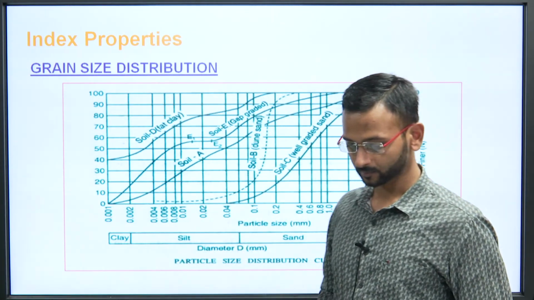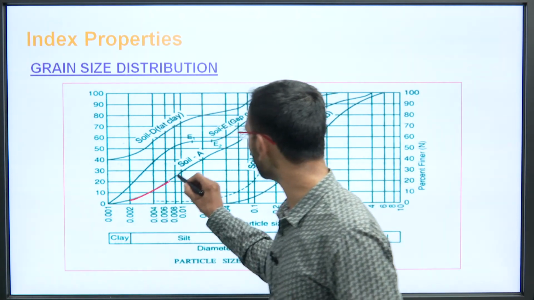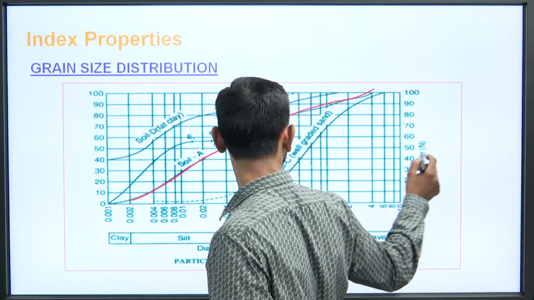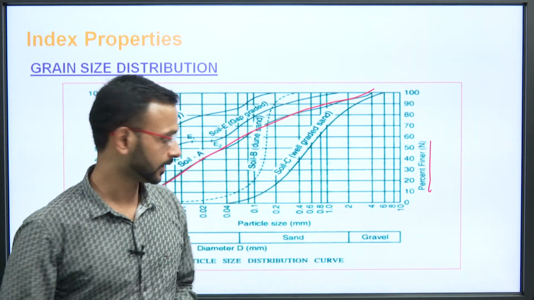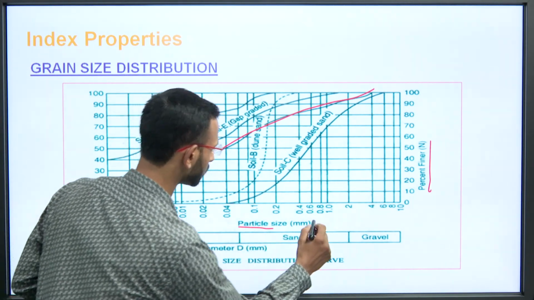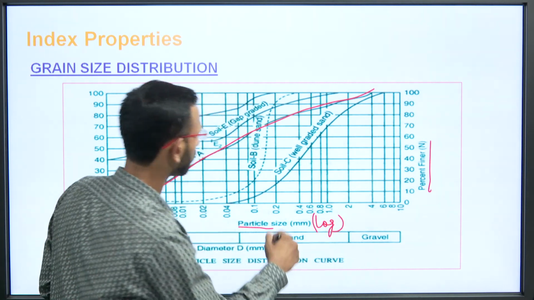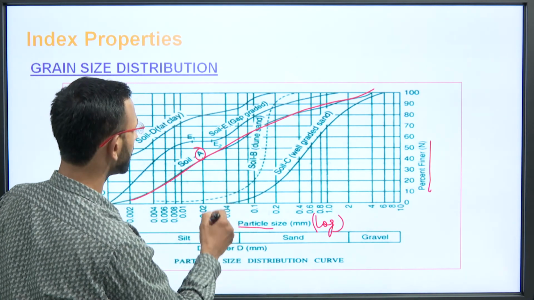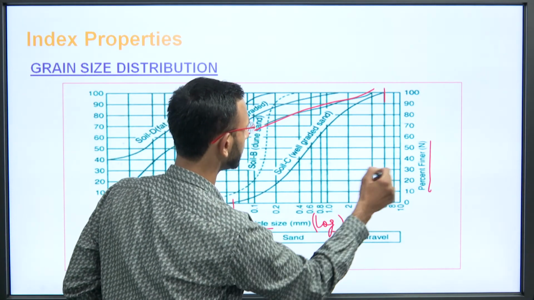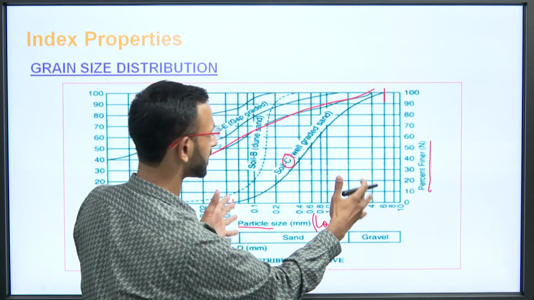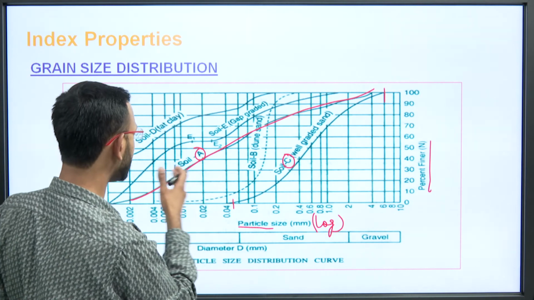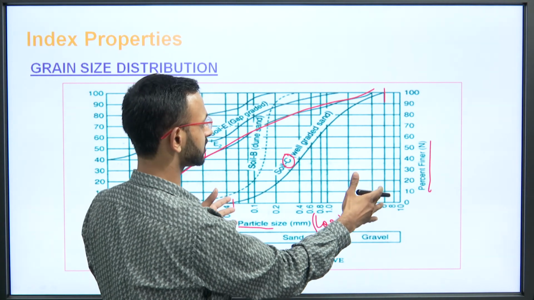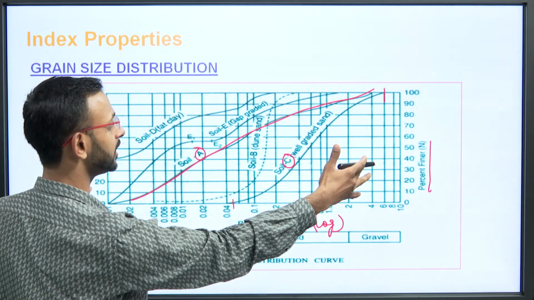Let us see here. This soil, say this A, is covering the entire curve. Here on the y axis it is percentage finer, and on the x axis it is the particle size on a log scale. So, this A is very much a well graded soil. If we talk about C, it has some larger size of particles, but it is not containing the fine grain. So, it is well graded in this sand portion, but if we take this entire section, it will not be a well graded soil.